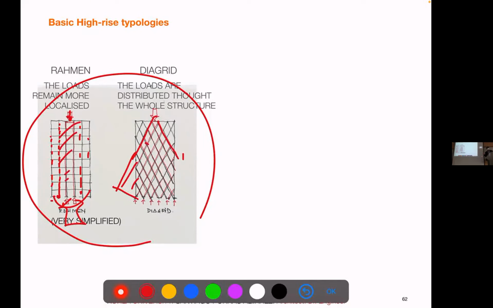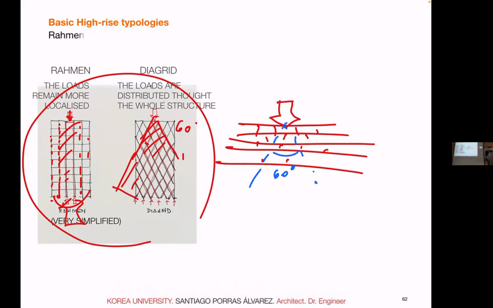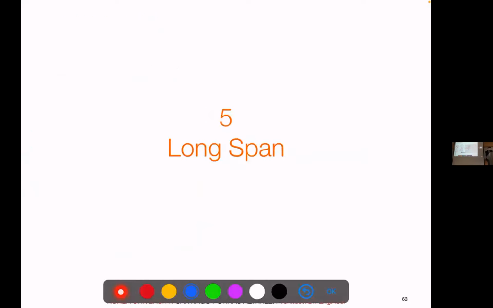This is why diagonal structures are so safe and so intuitive. And 60 degrees is also the angle in which we consider a load dissipates in a solid brick or concrete wall, right? So if you put a load in a solid wall, we consider the tension will move in about 60 degrees. So the 60 degrees diagram is quite easy to draw, easy to detail, all elements are equal and so on. And it has some kind of physical meaning.